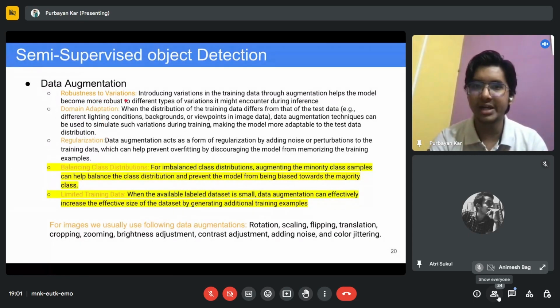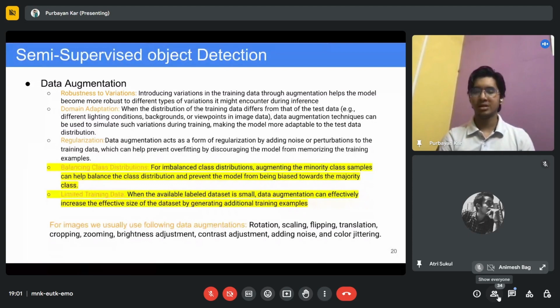Okay, so robustness to variation: by introducing variation in training data through augmentation, your model becomes more robust. Let me give you a real life example. Let's say I am talking now, and my face is frontal. If I give this image to the model, it will understand that it is me. But if I want the model to understand more, I have to give multiple profiles of my face, like a 90-degree profile, 60-degree profile, upper profile, lower profile. Now if I give this type of augmented images to the model, my model will be very robust to any kind of variation of my face that it will encounter. That's how we can tackle this variation problem.